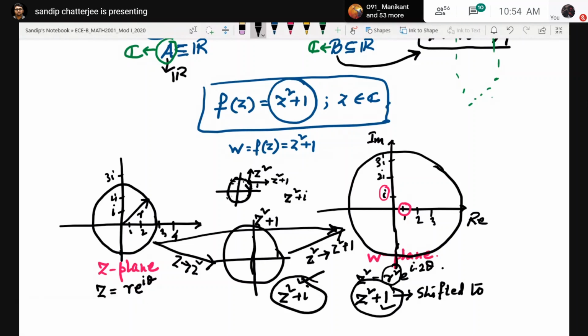So now, actually, if we try to visualize, if here I have my z in this particular circle, I will have my z square plus 1. But keep in mind, whatever is the argument of z in this circle, that argument gets doubled in this particular circle. Now remember, due to this shifting, your argument is not changing.